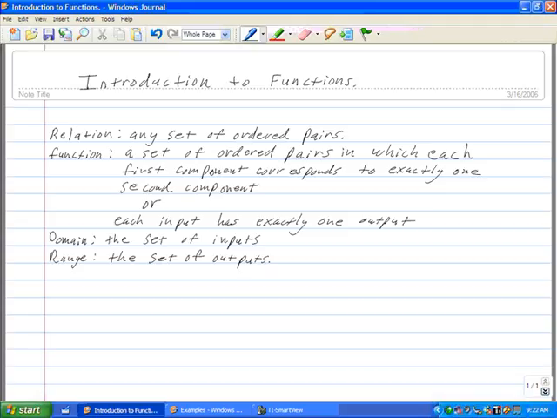I want to take a look at a new mathematical concept, and that is something called a function. Now, to understand a function, we need to first start out talking about what a relation is. And with a relation, basically all that is, is any set of ordered pairs. In other words, with a relation, you have an input, you have an output, and they are put together not